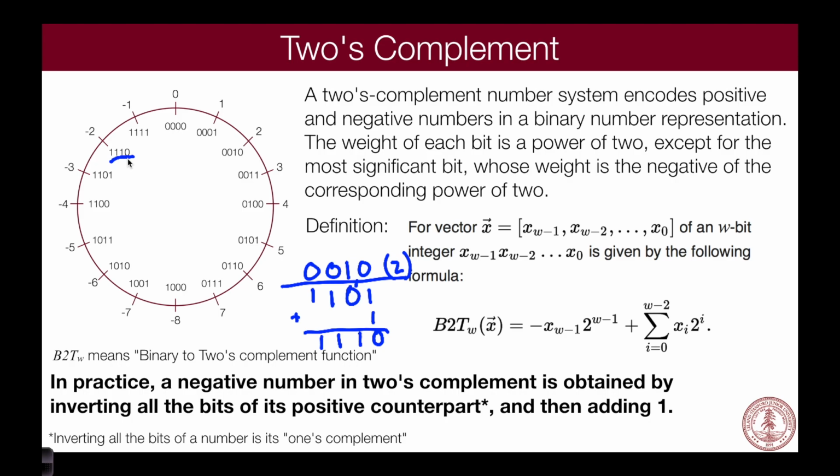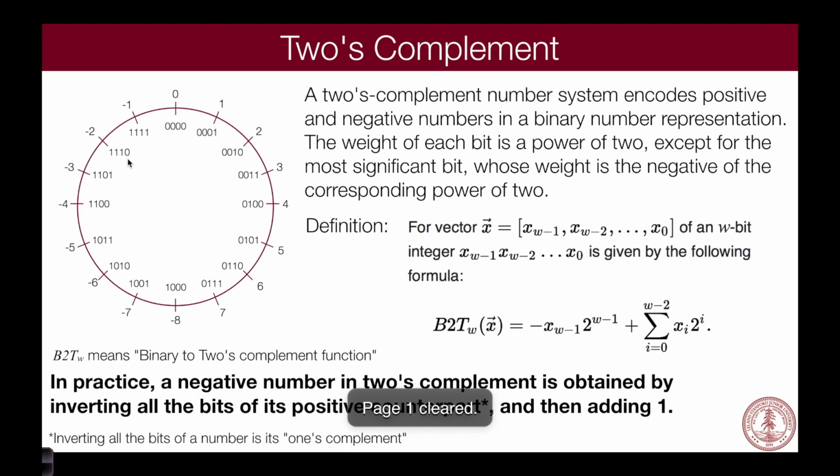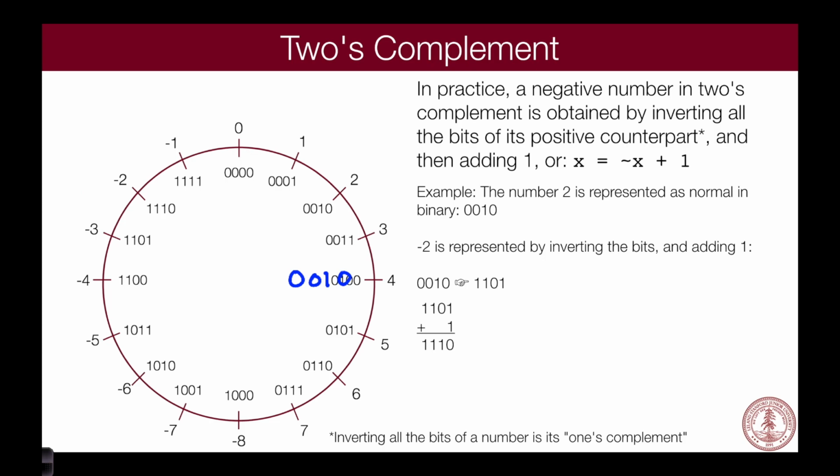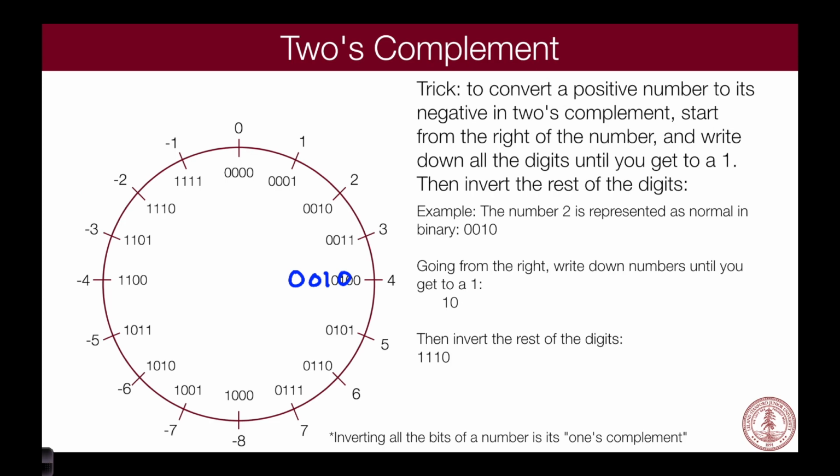I like to show people a slightly faster way to do the conversion, which doesn't involve this adding 1 business. I learned this when I was an electrical engineering student, and here's how it goes. If you want to convert 0, 0, 1, 0... let's see, this is the one we just did, and then here's the trick. If you want to convert 0, 0, 1, 0 to its negative 2's complement representation,